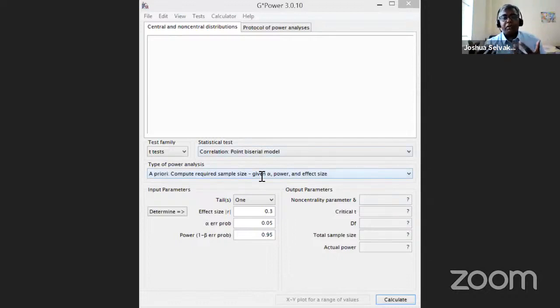Normally when you go for sample collection, we try to arrive at a number, then we go for sample collection. How many samples should I collect? Or in another case, we collect the samples and we try to see whether the samples that we collected are enough to prove the theory. There are two ways of doing it. So this test is called an a priori test, which means prior to doing the